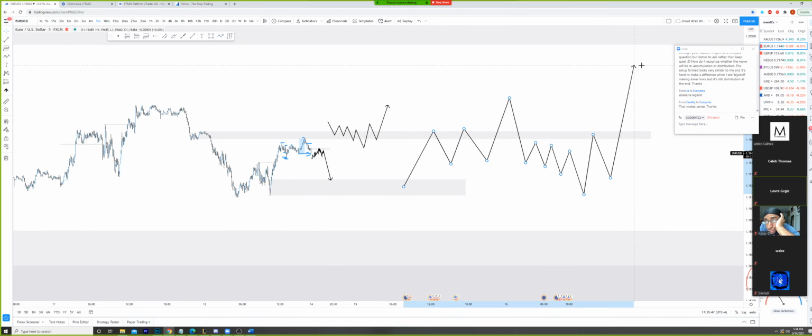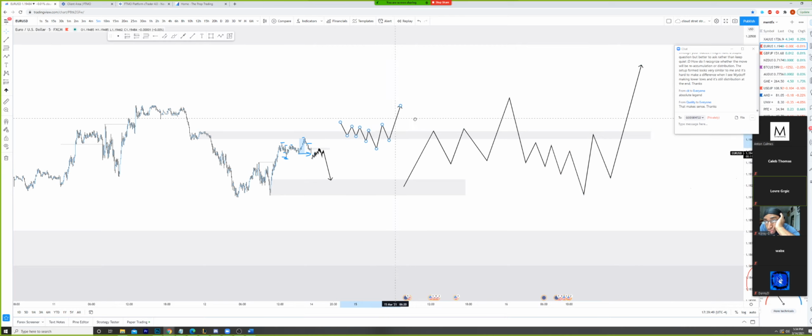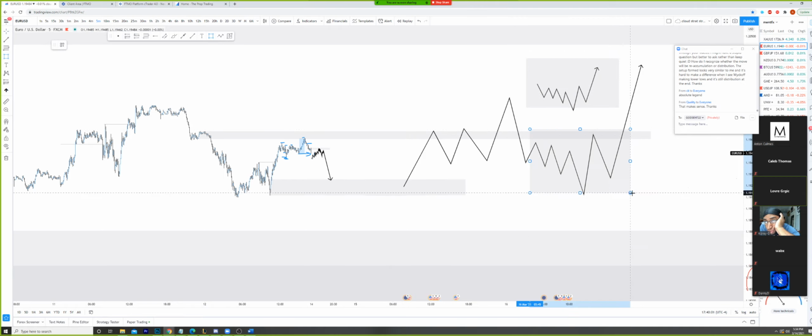Now, as I do this, what you'll notice every time is this is the exact same as this. Okay, this is an accumulation. This is a reaccumulation, but this zone and the way price moved right here is the exact same as the way price moved right here. These are the two same things. So just because you're seeing distribution doesn't mean you can't expect reaccumulation, especially if you have this as a POI. You see that? Okay. So hopefully that made sense to you.